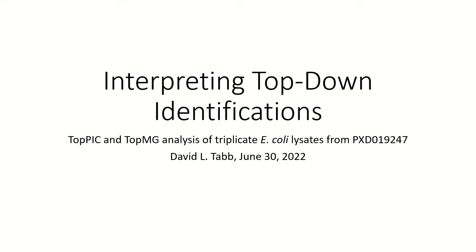I'll be using as my example three raw files that I've drawn from PXD019247. That is a set of E. coli lysates used for instrument tuning, and in this case I'm just choosing three of the raw files from it. It could easily be data from any other experiment, but in this case, we're dealing with E. coli